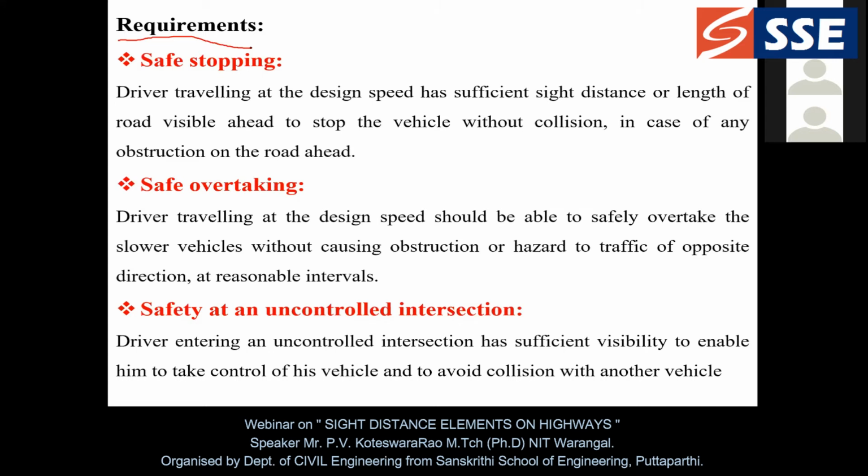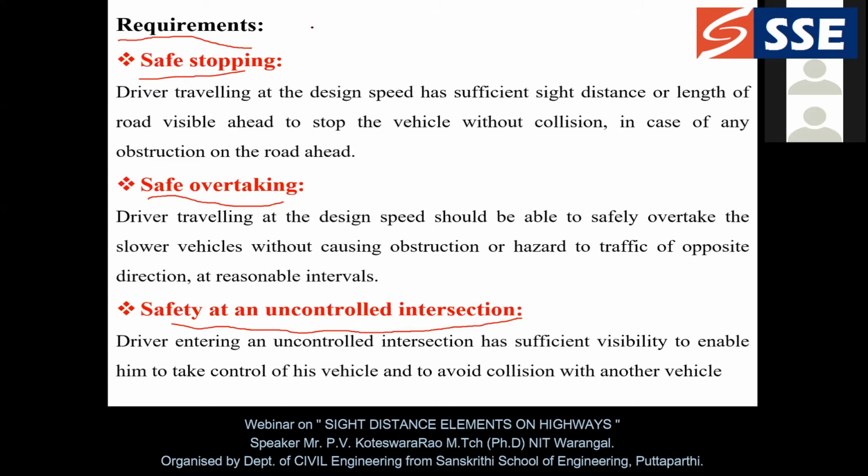Similarly, there must be sufficient overtaking distance to overtake the slow moving vehicle, and to enter an uncontrolled intersection we must have a certain clear visible distance, which is going to be safe for the driver. So these are the requirements, and in addition to this one,